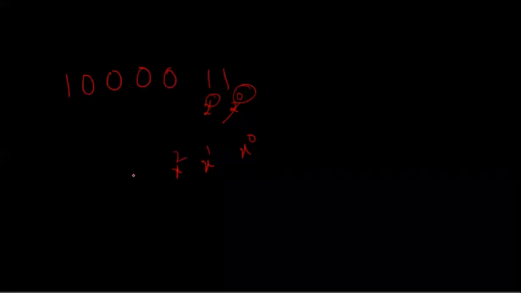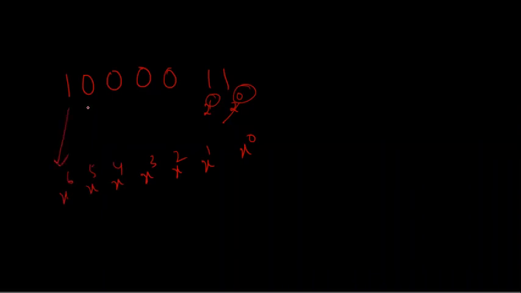And now for the polynomial representation, what is the power over here? Suppose we are changing it to decimal, then we will write it as 2 power 0, 2 power 1, and so on. So here we are supposed to take the powers, and instead of 2, we will be writing it as x power 0, x power 1, x square, x cube, x power 4, x power 5, and x power 6. Let me just denote it with the arrows for which bit we are using which power.